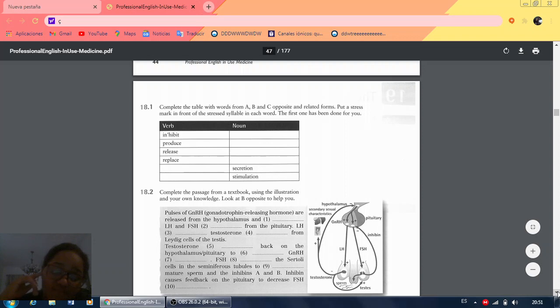Poltergeist are released from the stimulars released from the patient's stimular testos production for day cell on the test. Back on the synopsis secret semi-fold table production match speed and evenness A and B ability match speak and the inherent A and C. Complete the sentences look at C as positive to help you.